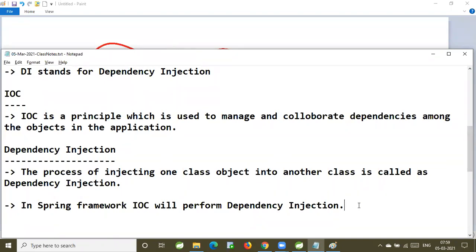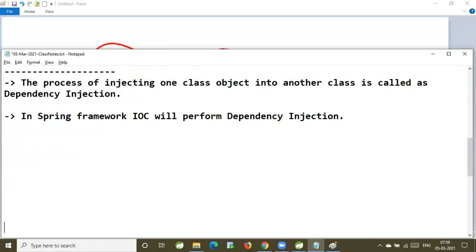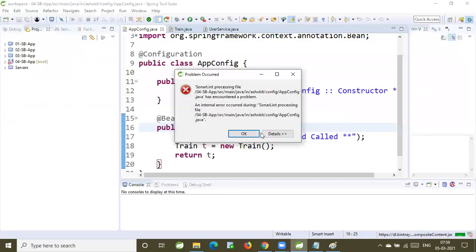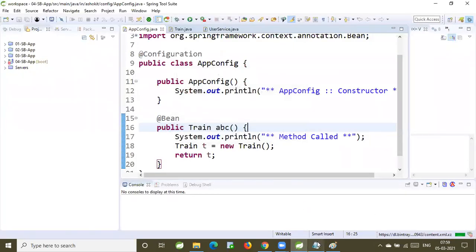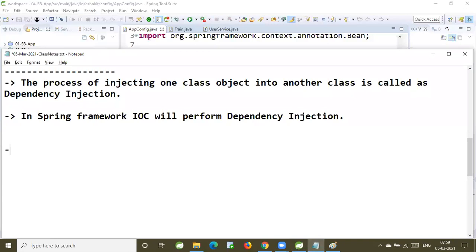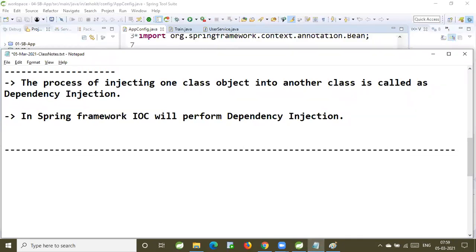Okay, now here is how the IOC container will start in Spring Boot and how many ways the dependency injection is going to happen. As part of the Spring Boot application run method, the IOC container will start.